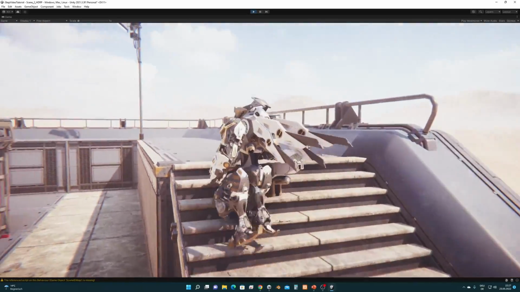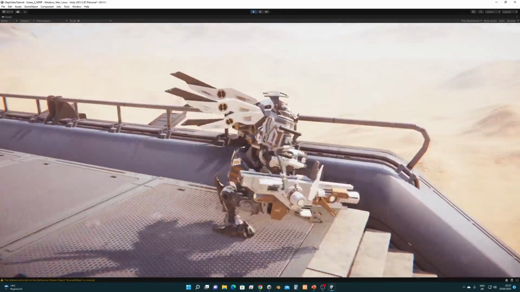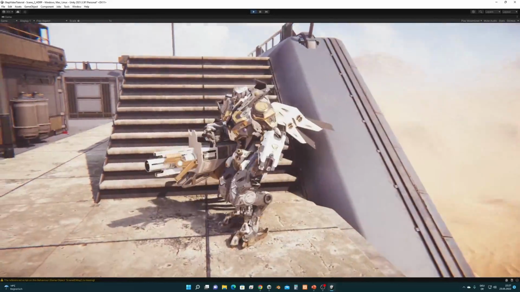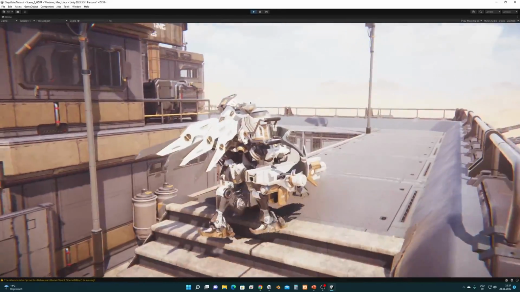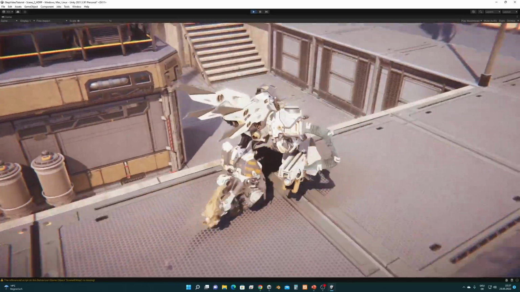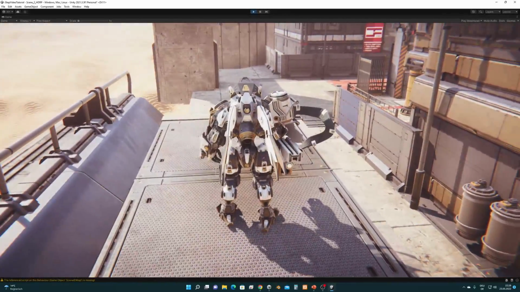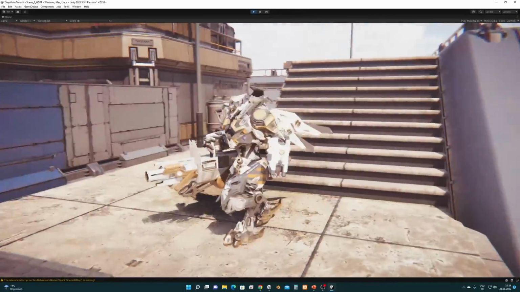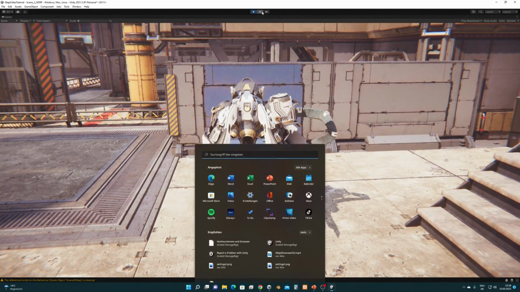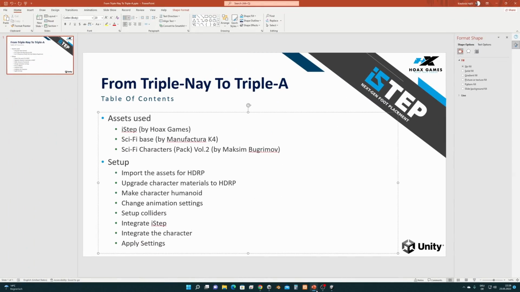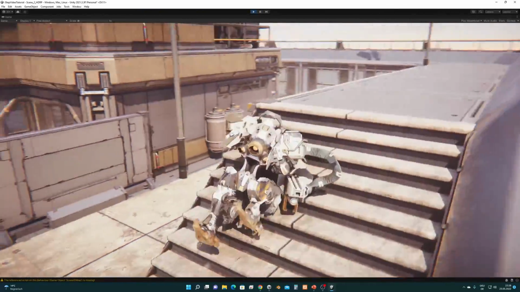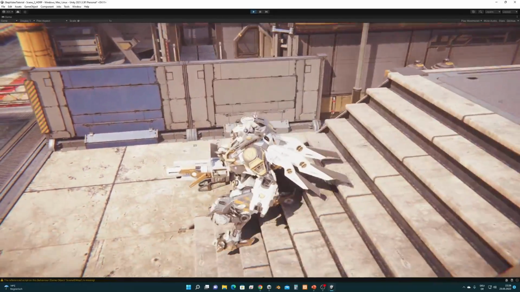So these are the correct animations. We should also be able to run down here now with all the settings we applied to the character controller without any falling down behaviors, because sometimes if the settings are wrong, the character controller obviously will react wrong and that's why some settings have just to be set up correctly. So let's check if there's anything we forgot. No, the last step, which was apply settings, is what we just did. And yeah, that's it for this tutorial. I hope you liked it, and